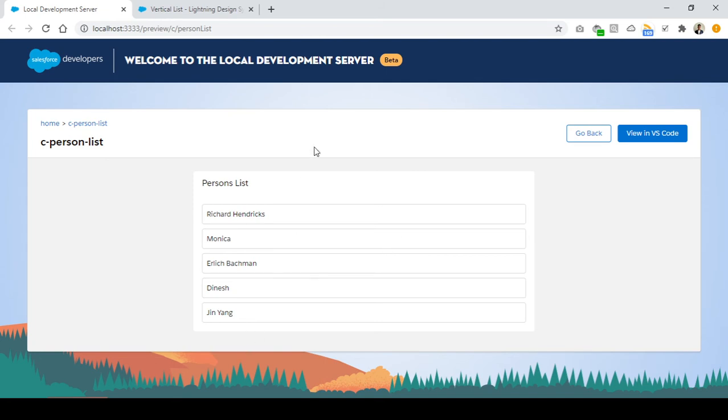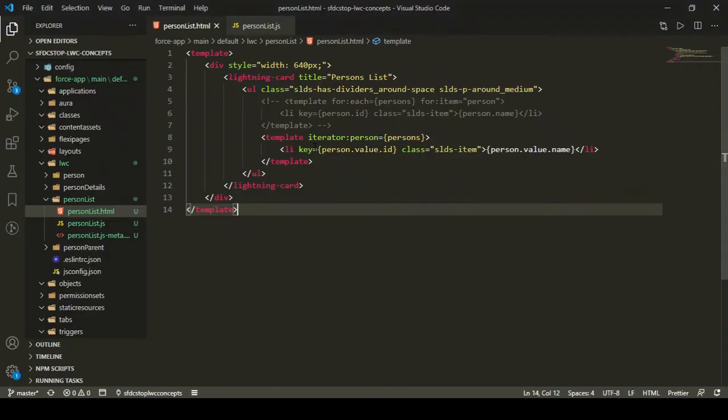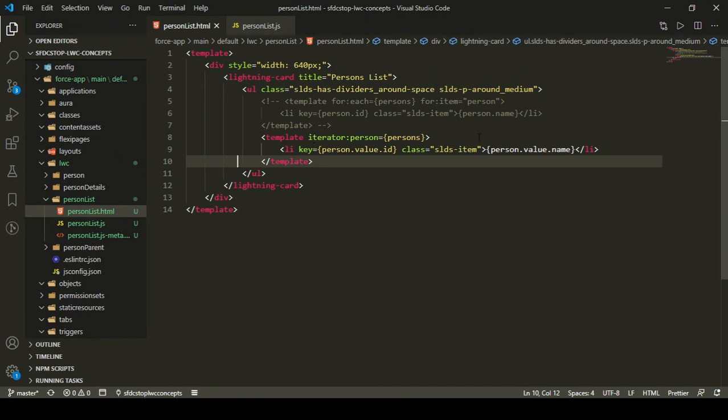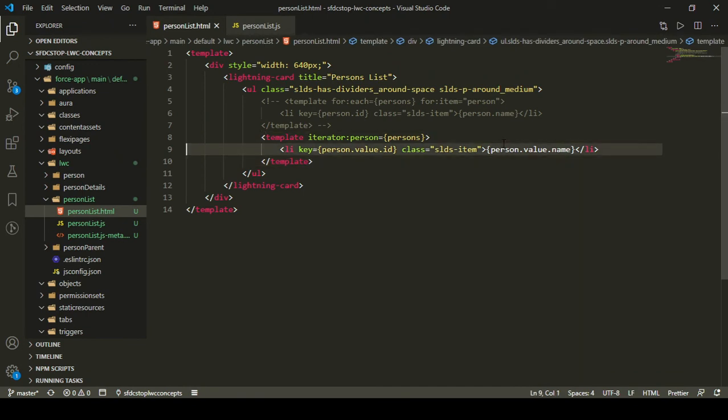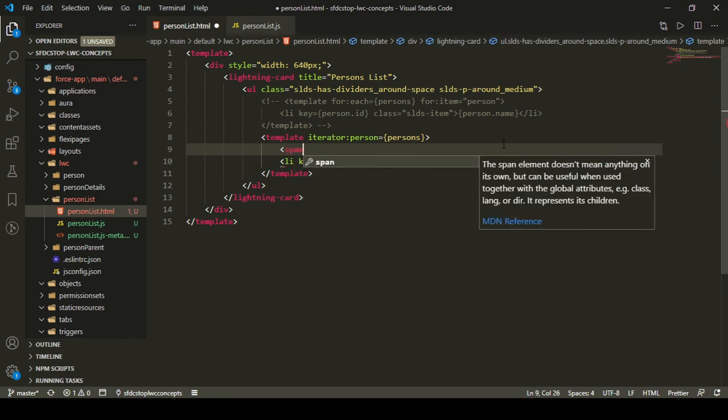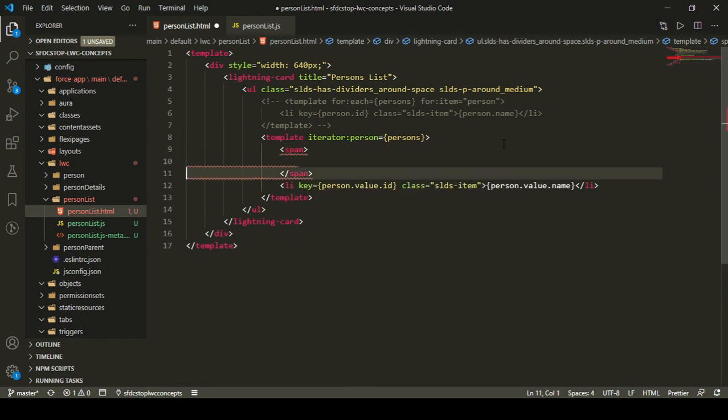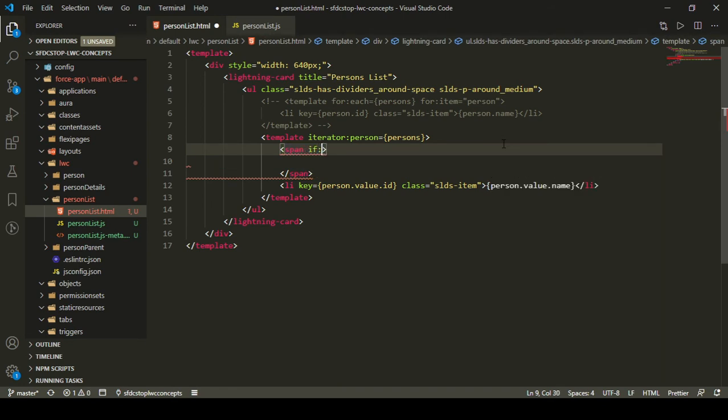So we can use the if:true and if:false here, both the cases. Let's move on to our code, and here you can see we have a single list item where we are showing the person ID and the person name, right? So what I can do is simply cover it with a span, and I can say if:true is equal to, what is our iterator?